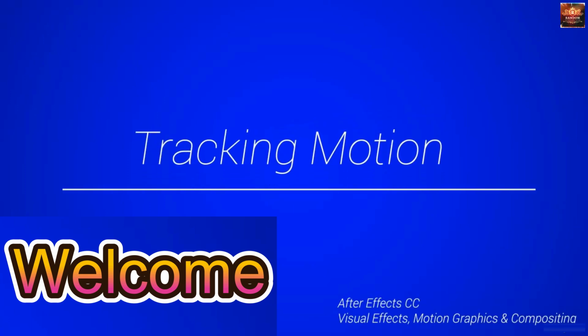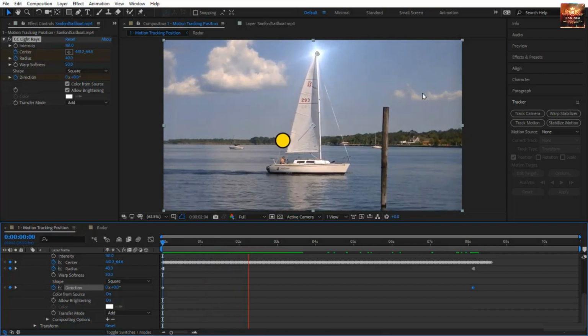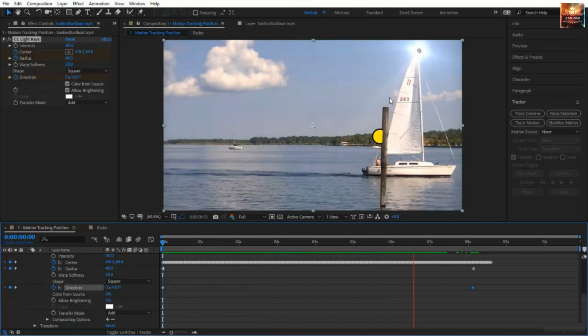Welcome to Motion Tracking in After Effects. Motion tracking is about tracking moving objects within your videos. In this section, you will learn how to use the tracker panel, and in particular the track motion option, and